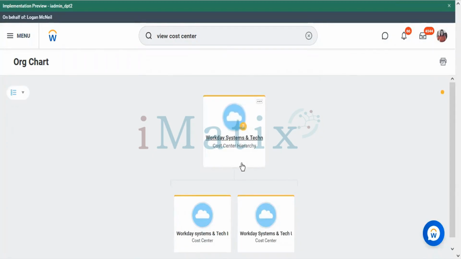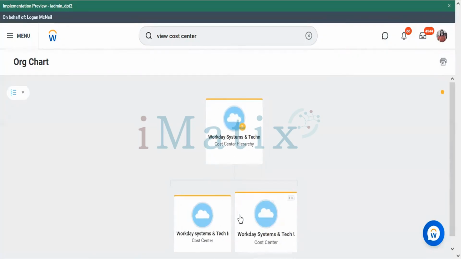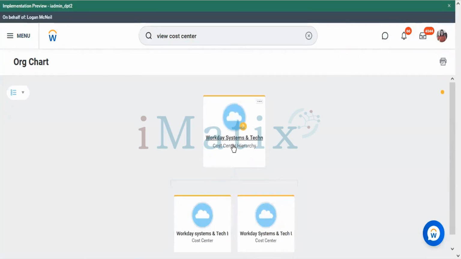Did this make sense? Or do you guys want to see how it actually gets created? Simple task: create a company hierarchy, create a cost center hierarchy, give the name, submit, and assign individual organizations into the hierarchy. Simple task. The only thing is, once you have created this, you need to assign it to the supervisory organization, which we have not assigned yet.